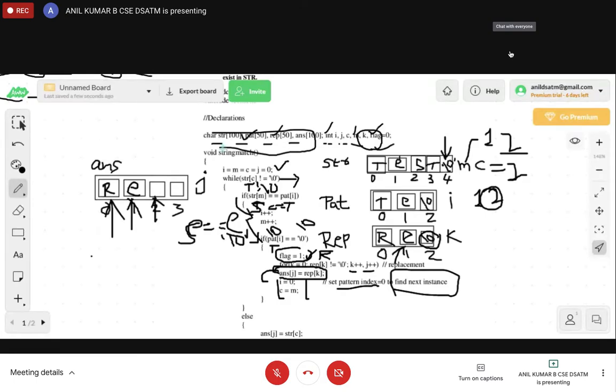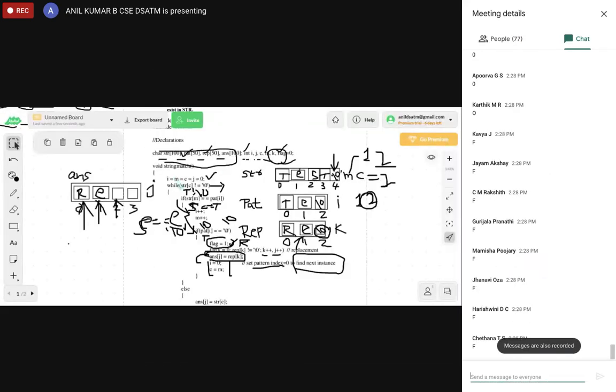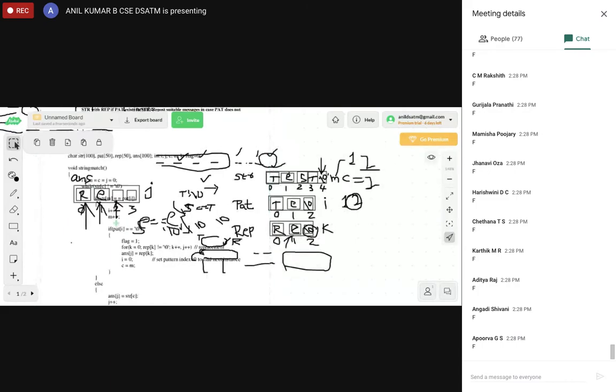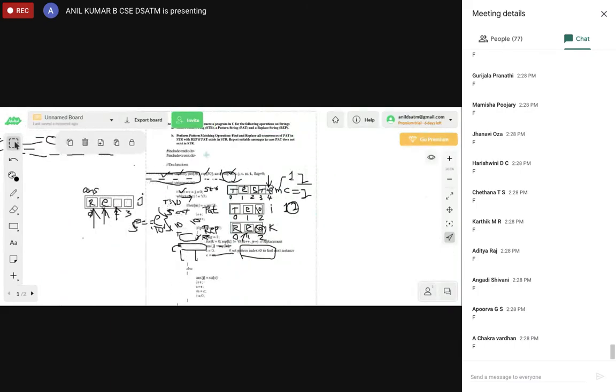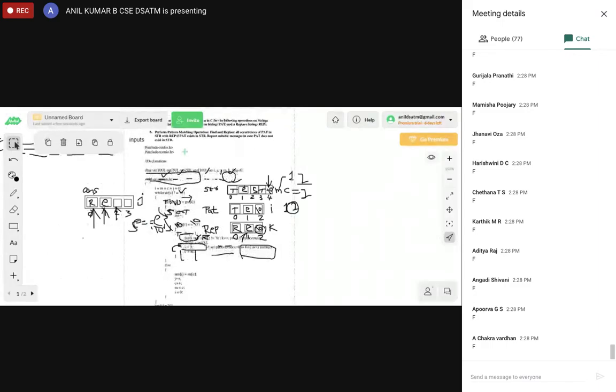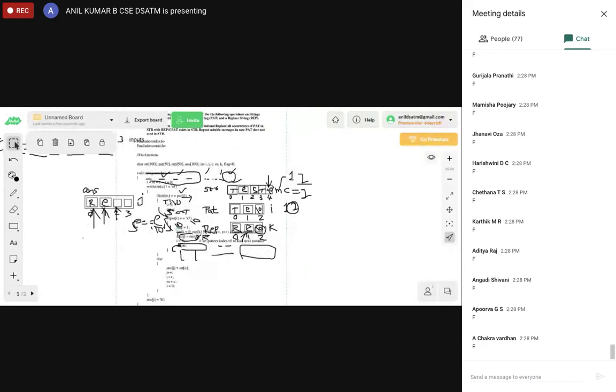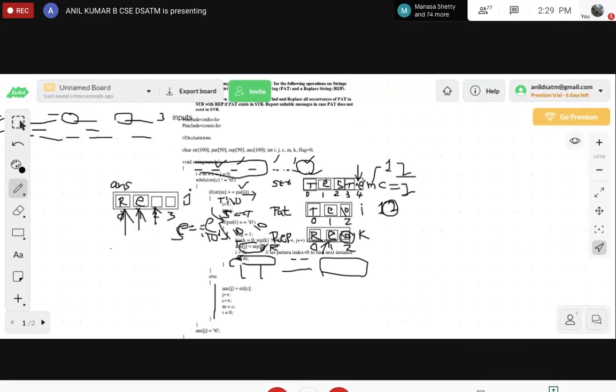The condition is false. Once the condition is false, what do we have to do? We'll go to the next part. If the condition is false, it will come to the else part. So what is there in the else part? Answer of J is equal to str of C. Str of C means what? Str of 2.